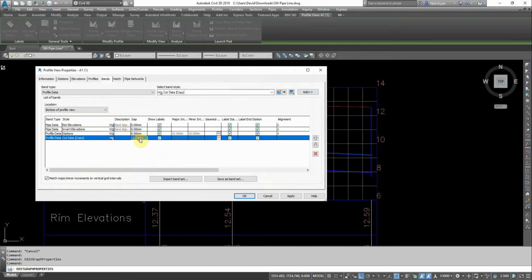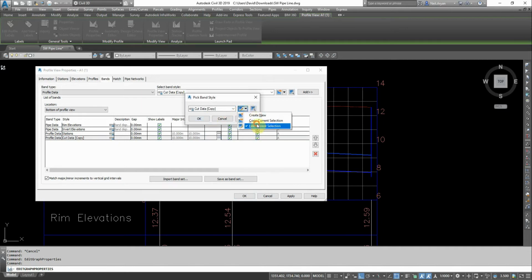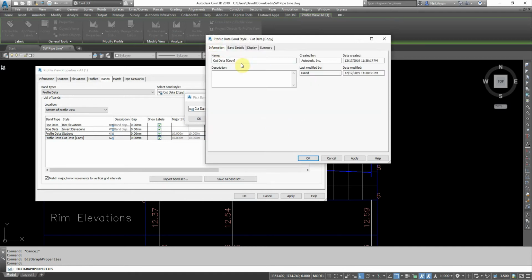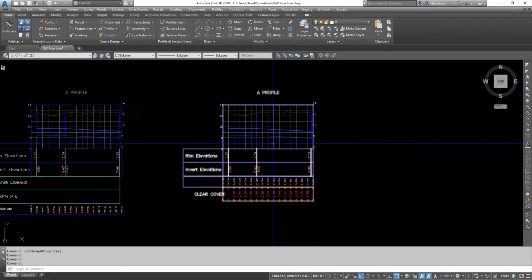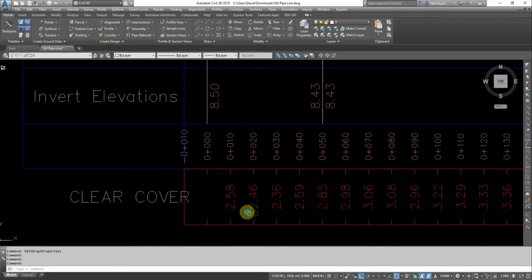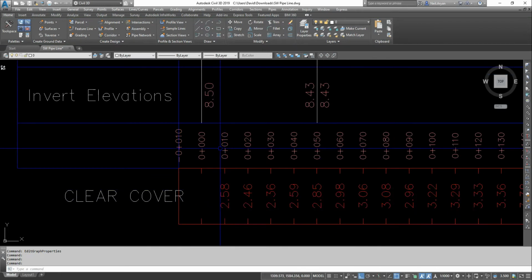I'm going to change the gap to 0. I would like to show the labels on the profile view. I would like to have a unique name rather than cut data copy, so I'll edit the current selection, go to information, and name it clear cover. Then I'm going to drag this and choose a different profile view here, so I'm going to have profile 2 as the pipe top. Okay, so we can see the clear cover information here,